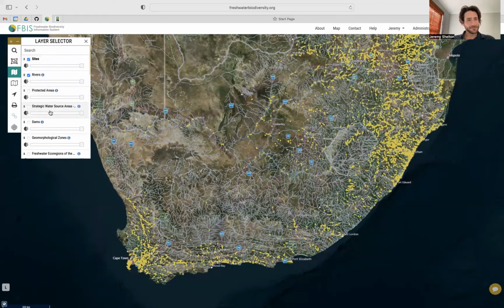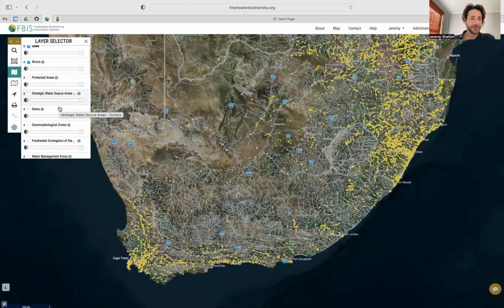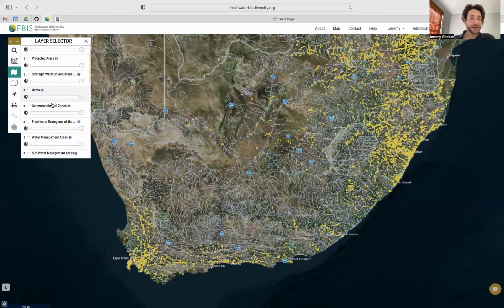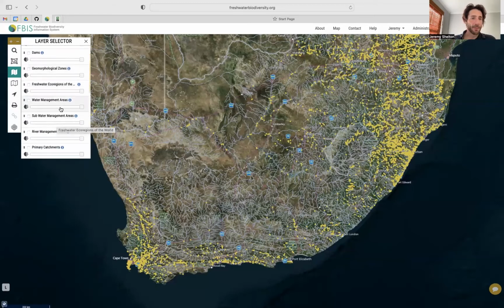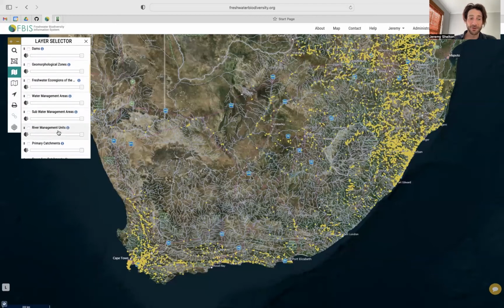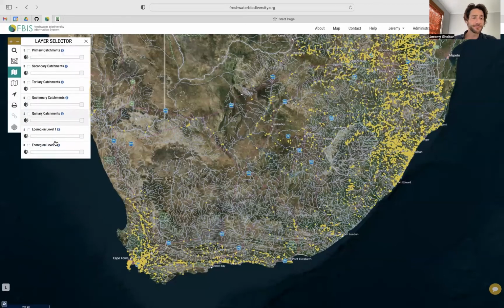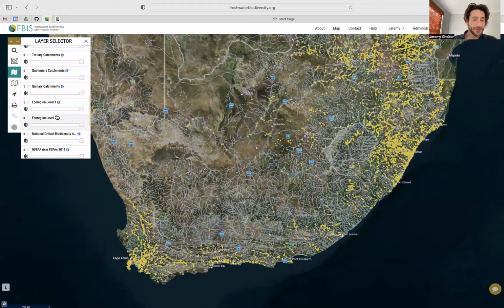All right, so just a quick walkthrough of the different layers available on the FBIS. There's a protected areas layer, which gives all the protected areas for South Africa. There are water resource areas. There are dams for South Africa, geomorphological zones, which are also a filter. There are freshwater ecoregions of the world, water management areas, subwater management areas, river management units, and then the different levels of catchment from primary through quinary. There are the two different levels of ecoregion. There are national